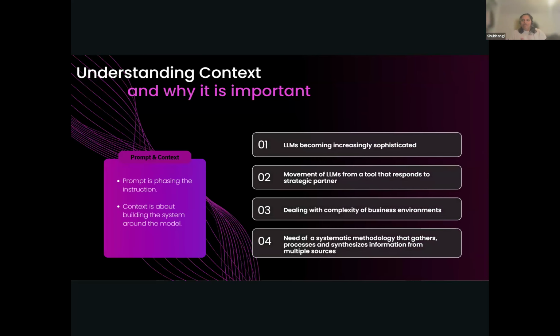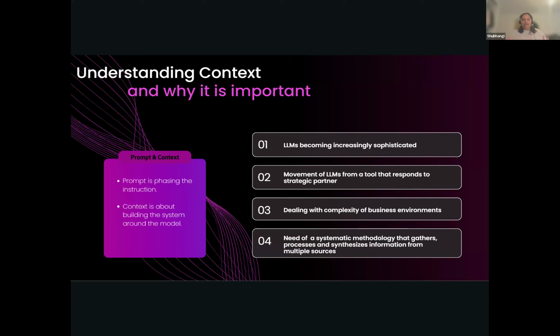So before I start, I would like to cover a little bit of context. A lot of people, when they started using LLMs, the large language models, thought that it's all about just using prompt engineering, and that we have a tool available for us. We ask a question and we get a response back. But over the course of time, things changed and evolved pretty fast. LLMs became more sophisticated. They started developing wider knowledge because of the wide amount of data they are trained on. They became more of a strategic partner rather than just a means to get an answer.